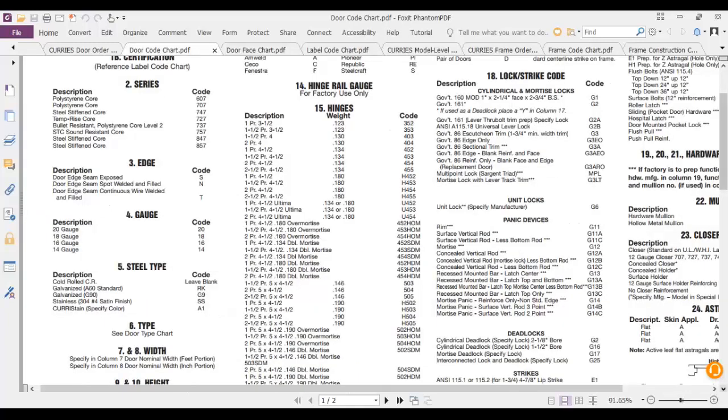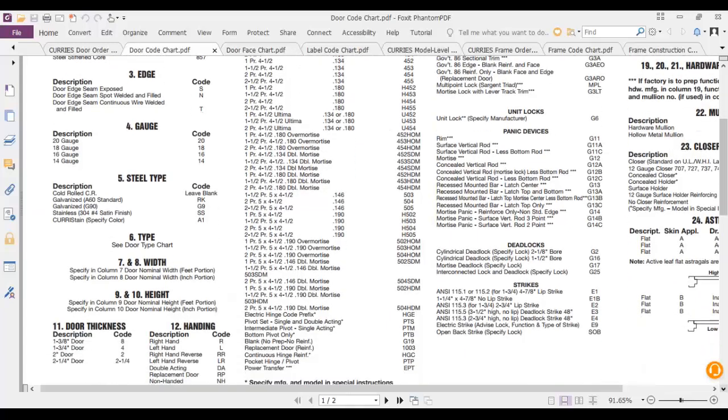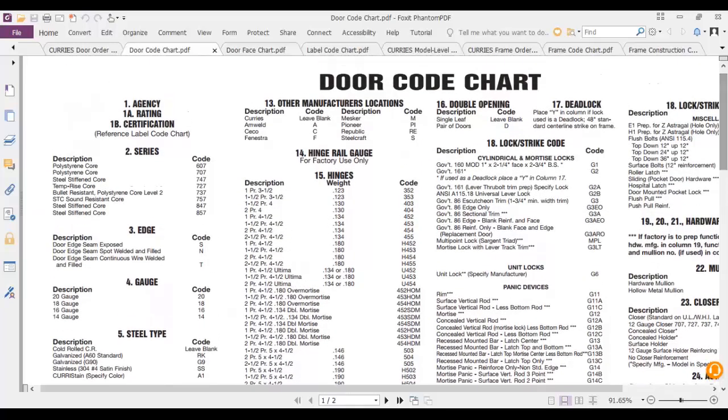We get into your width and your height, which are your nominal sizes, your door thickness, and your handing, listed there for item 12. We get into other manufacturers' locations. In